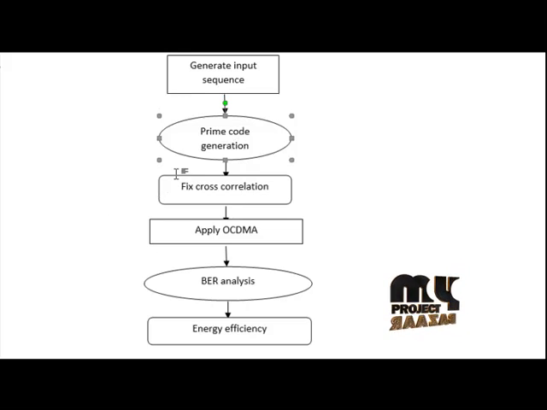Then the next step is the cross correlation method. First, we are going to fix the cross correlation. Before that, we need to know about correlation. Correlation is the process of finding the similarity between 2 signals to recover the original signal. We can use any modulation codes to modulate the signal, but we choose the best code, one that results in good separation of the signals between the 2 users. The separation is done by correlating the received signal and the modulation codes. If the signal matches the modulation code, then the correlation function will be high and the system can extract the